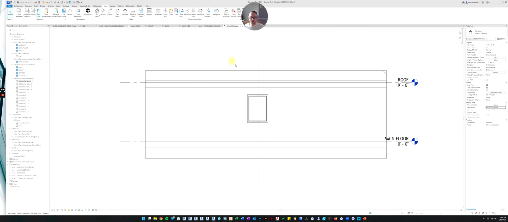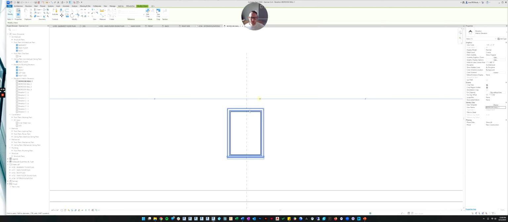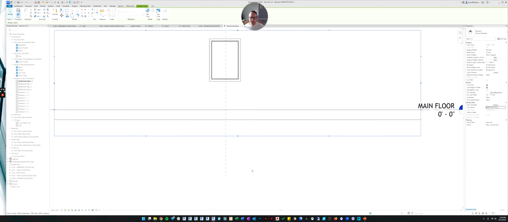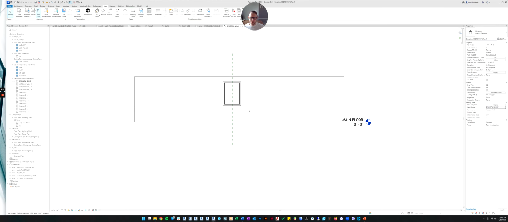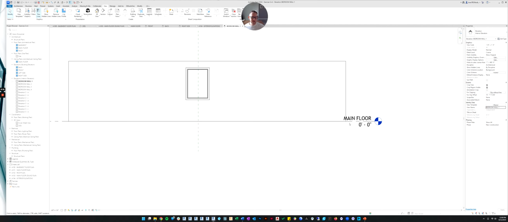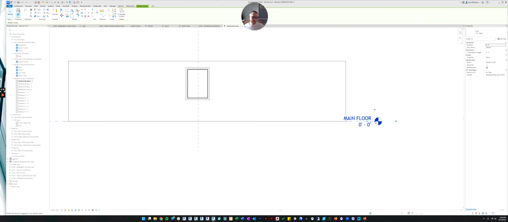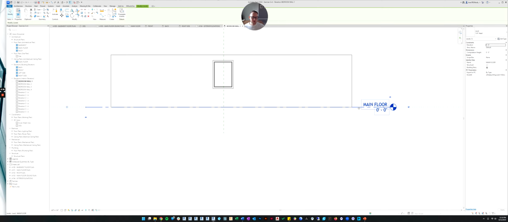So now I'm going to go back to my crop region and I'm going to move this dot down, and it kind of snaps to the bottom of the ceiling, and I'll leave it there. And then I'm going to snap it to the floor as well. There we go. So now we're only looking at that wall, and that's great. Interior elevations may or may not have their levels turned on. I'm going to turn the levels off here.